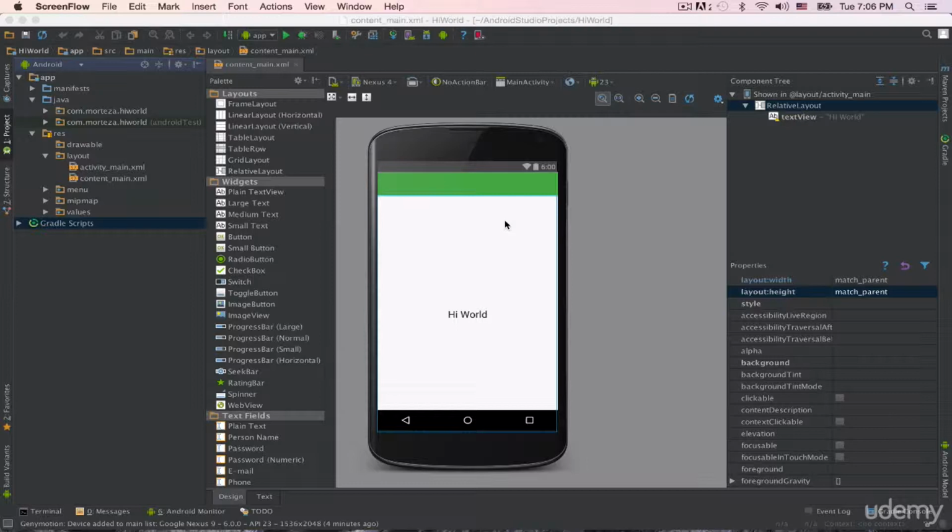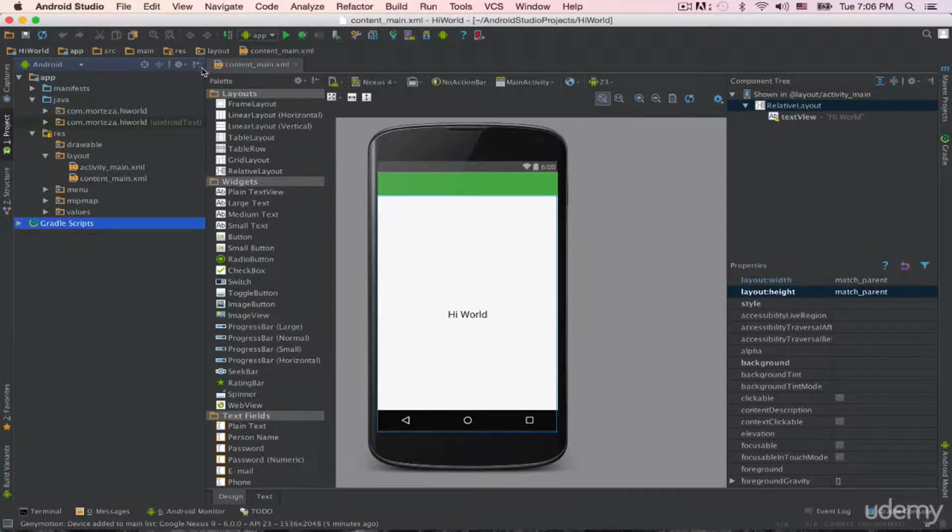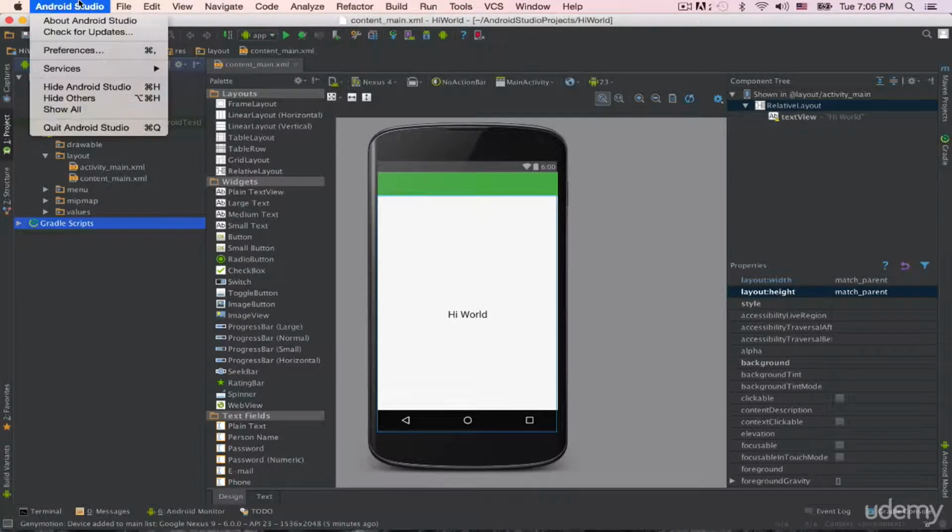Hello everybody. In this tutorial, I just want to show you how to run our Hi World app on the Genymotion virtual device. So first, let me point out that in order to access the Android